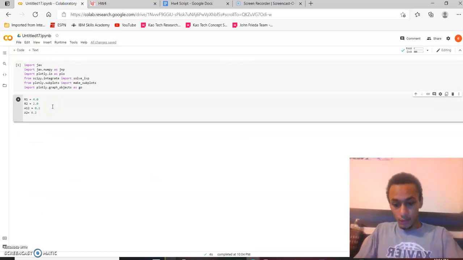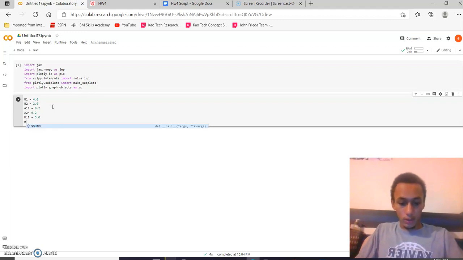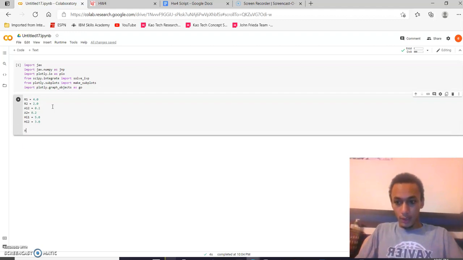Height initial one, so hI1 is equal to 5.0, then hI2 is equal to 3.0. And you have the area,